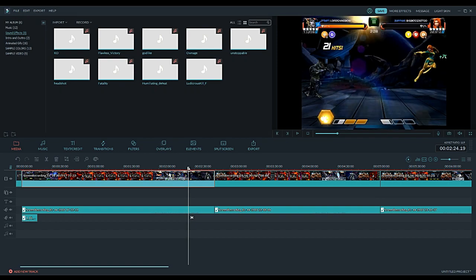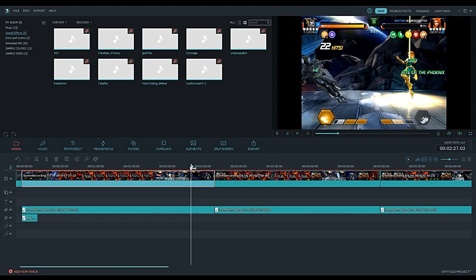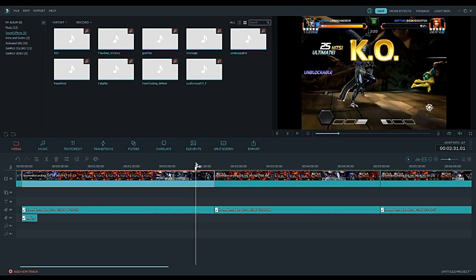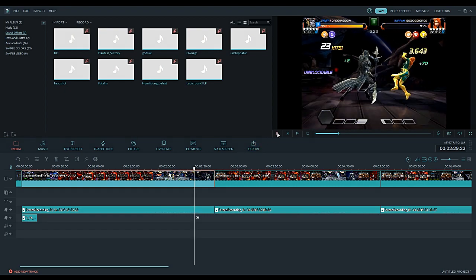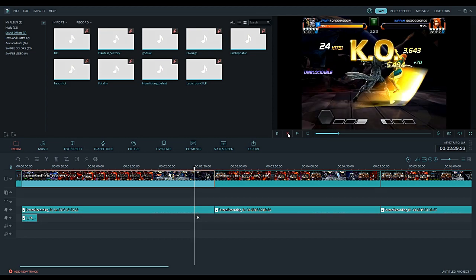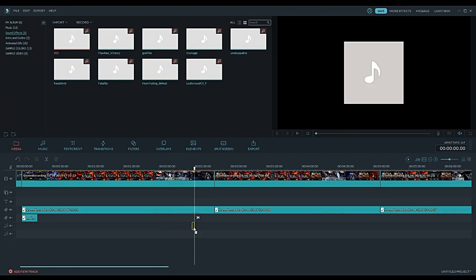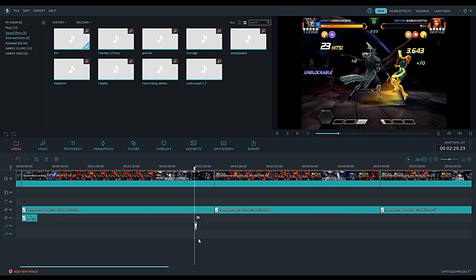Okay, so I'll come down here and go all the way to right there where I know the KO is. And let me back up a little bit, and then go forward one. Okay, this is where the KO starts. So I'll grab this down to the timeline. See the little one here? And I'll line it right up where this was, because that's right at the point of the video. And if you play,